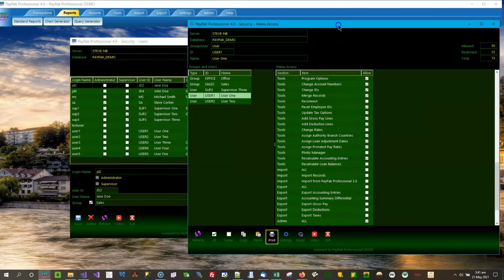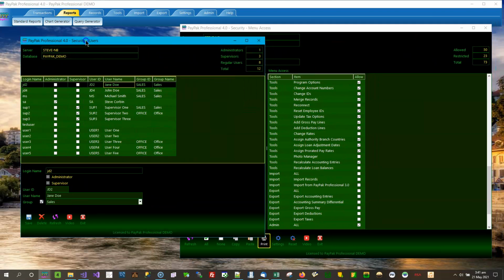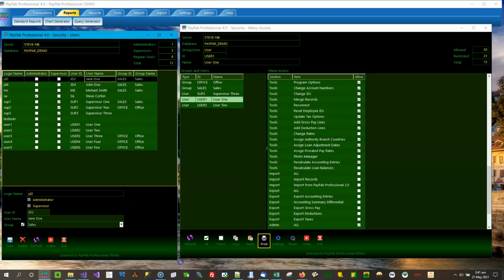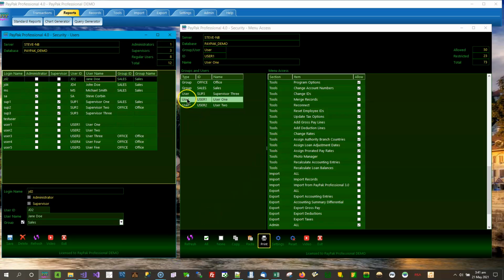Now, I would just like to point out that groups can save you a tremendous amount of time when you have several users, because let's say you have a business and you have maybe 15 employees, 15 users of the software. It may not be PayPak, it may be an invoicing system, or a billing system, an ordering system, whatever. So these 15 employees,